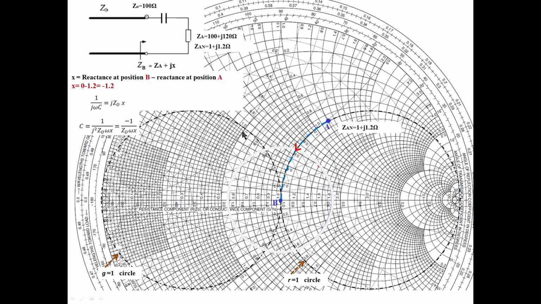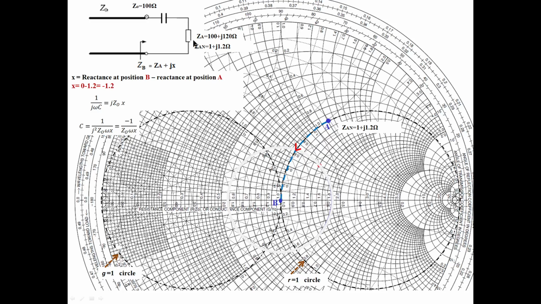What is the reactance at A? This is the reactance circle passing through the point A. See, this is a reactance circle of value 1.2 at A. So you put 1.2, with a minus sign: 0 minus 1.2. So the answer is the x value is minus 1.2. You substitute that here. I have not done that simplification. Take a frequency, it may be 1 gigahertz for example, and get the value of C.